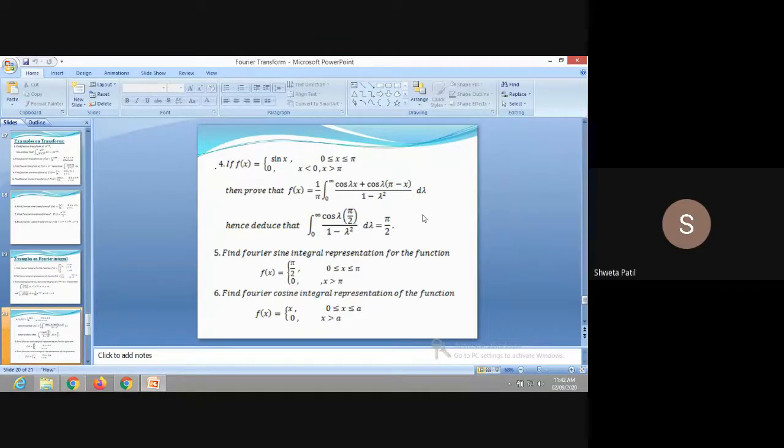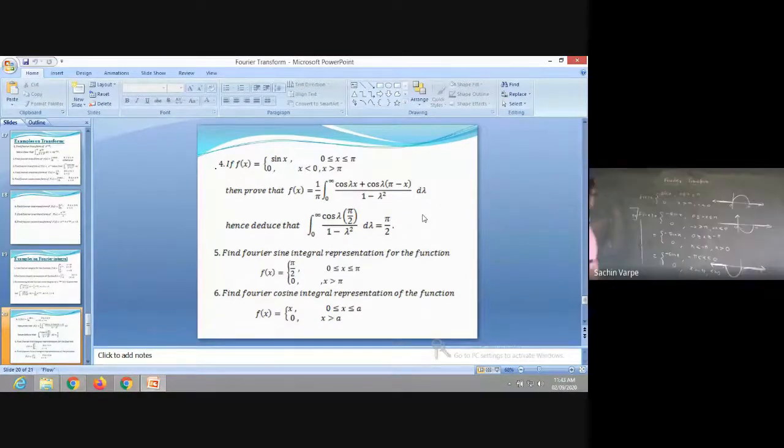F of lambda is equal to the integral from minus infinity to infinity of f of u e raised to minus i lambda u du. Correct. Good. Thank you. So we'll start with the transform and its integral to this function. But remember why, that should be clear, because most of the times we are confused to start with the solution, whether to start with the sine transform or cosine transform or normal transform. So that is the reason.